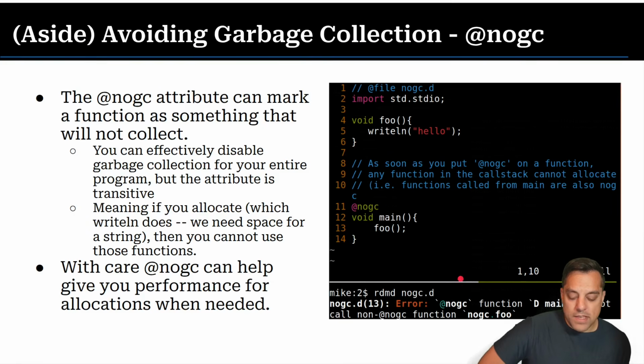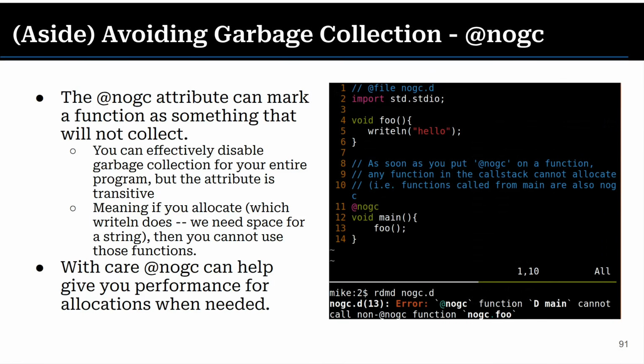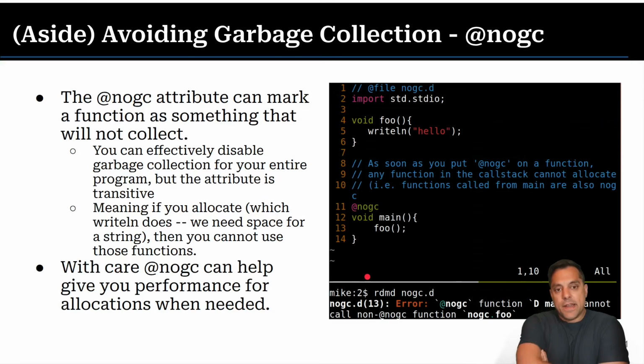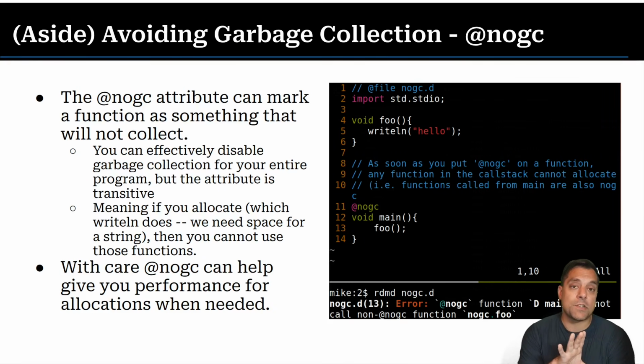Okay. Now, talking more about memory as well, garbage collection does cost us something. We do have to pay for this garbage collection cost. So you can see what the message is here for a moment. But a garbage collector basically has to be tracking every time I do new and then figure out, well, when do I free the memory? Now, in D's case, the garbage collector is really simple. It'll free memory when needed. So it doesn't really slow the program down, so to speak, other than when I do the allocation, I do need to track the references to it. So there is some cost, so to speak, but I can turn that off or again use these annotations like